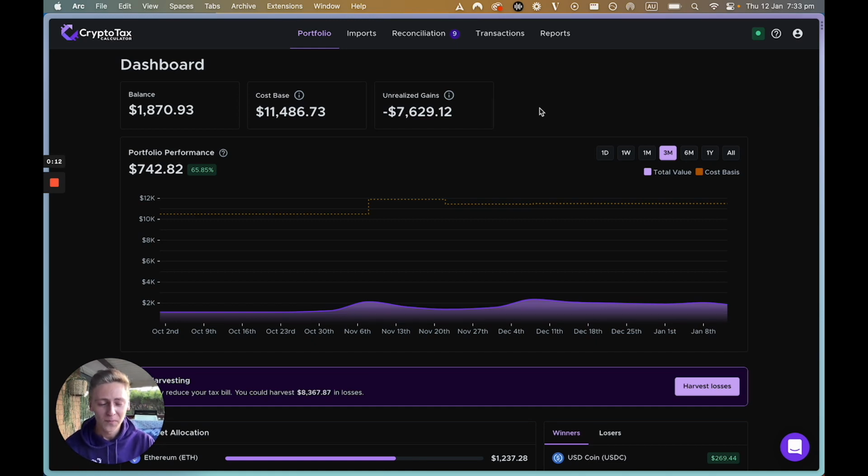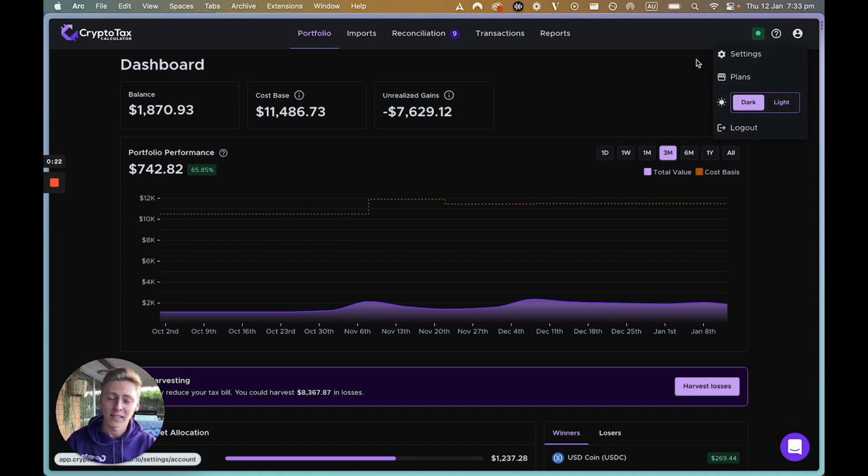The first one, which you might have already noticed, is dark mode. After much anticipation and many user requests, we've finally gone ahead and implemented dark mode. You can access this by going on the top right of the screen within the app and toggling between dark